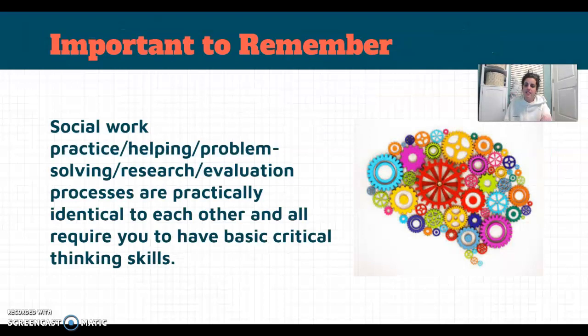There you go. Those are the 5 steps. So it's really important to remember that you just have to have critical